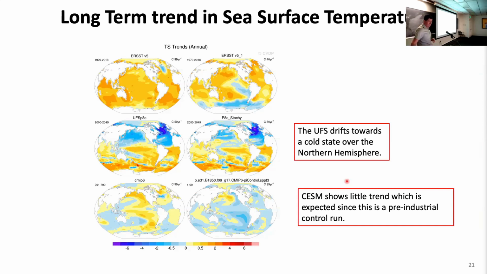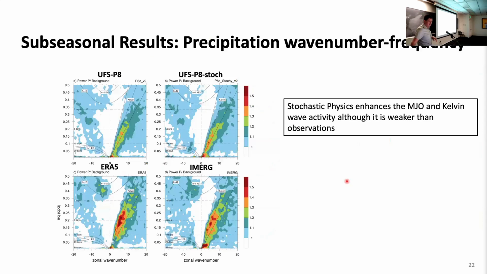Unfortunately. So I just want to show that there is still work to be done. But these are the things that were more targeted in these experiments, looking at higher frequency variability. What I'm showing here, I'll familiarize you, is called a wave number frequency diagram. So you take